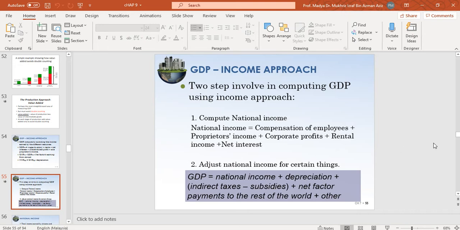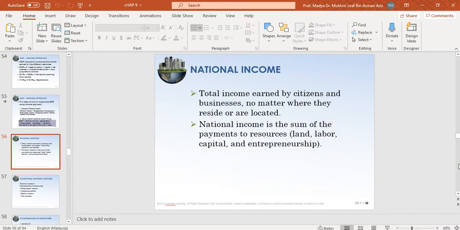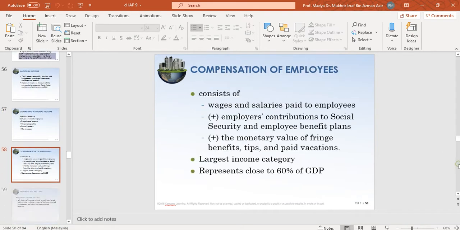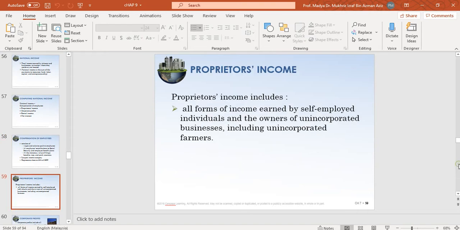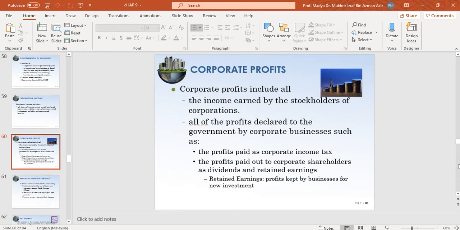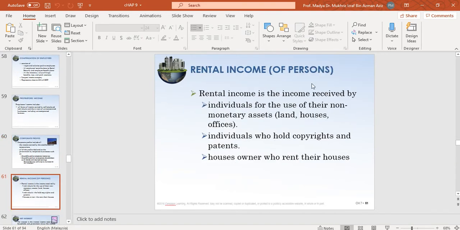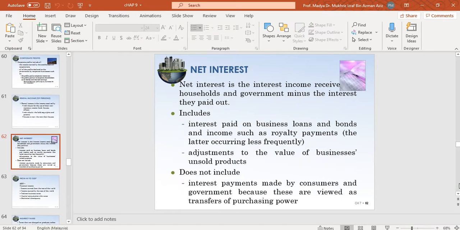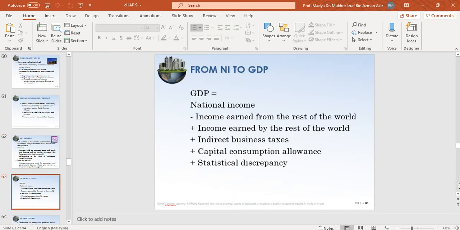The best way to visualize this is to look at the example, because this is just the detailed definition of the components here. But you don't need to know each component in detail,